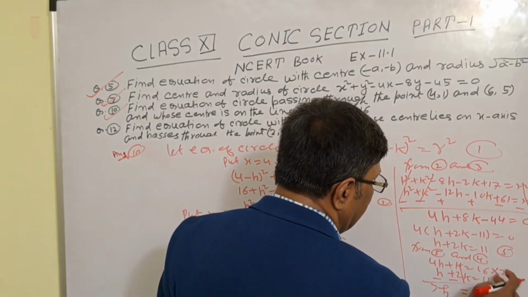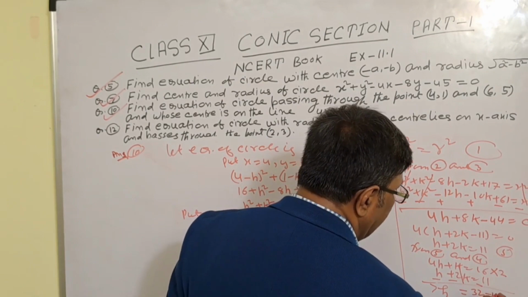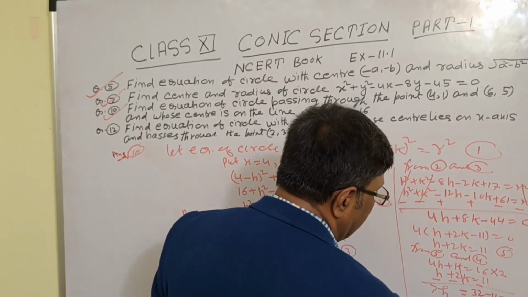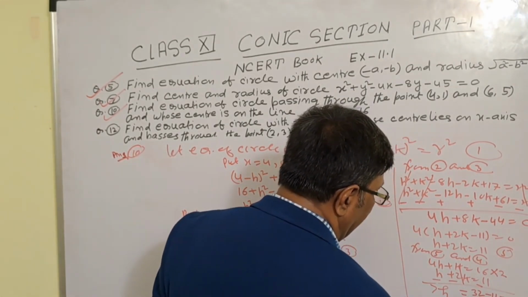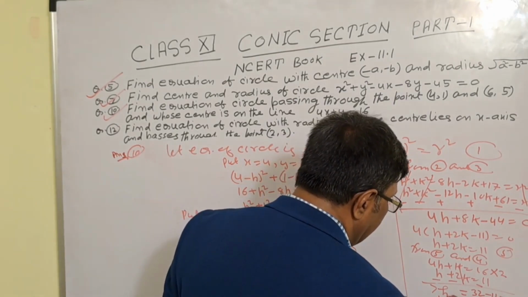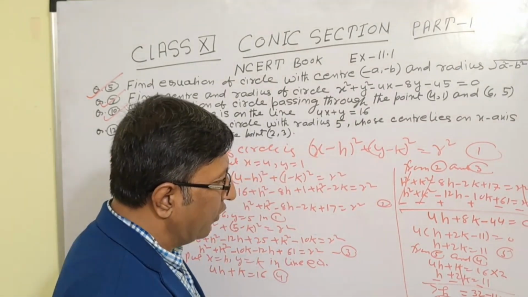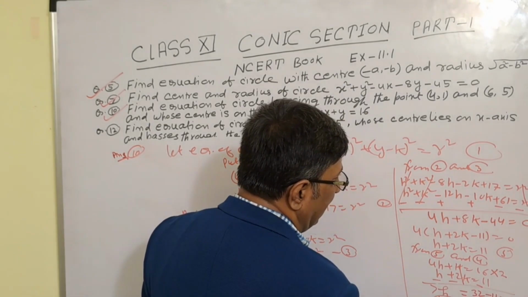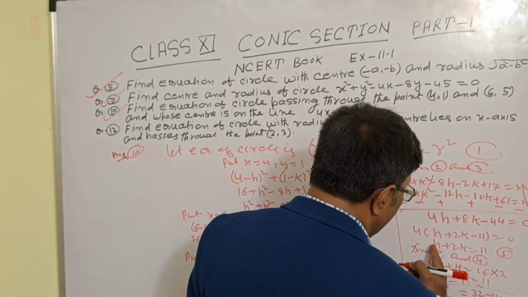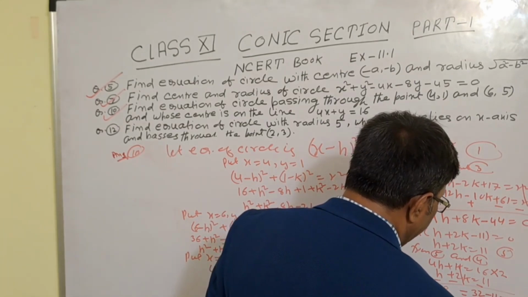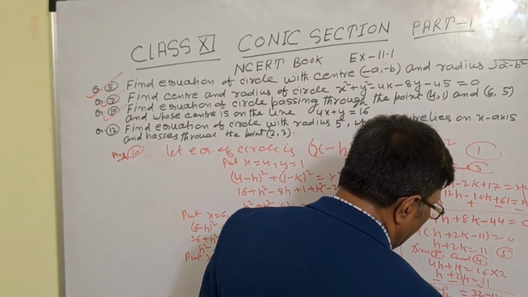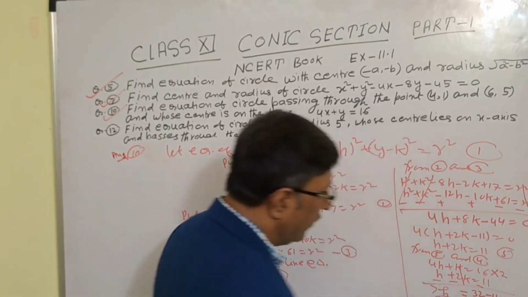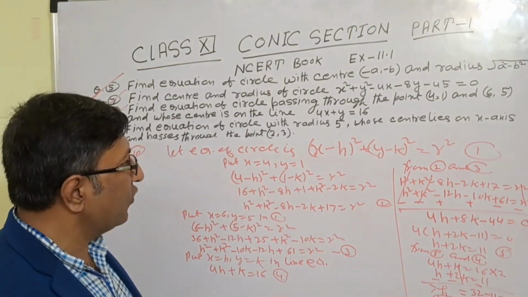So this equal to 32 minus 11. So 3 minus 1 is 2, 2 minus 1 is 1, 21. So you will get h equal to what? 7 threes are 21. Now put the value of h and you can find the value of k. So when we put this value of h in equation number 5, h is 3. 3 plus 2k equal to 11. So 2k equal to what? 11 minus 3, 8. So k equal to 4. So now we got h equal to 3 and k equal to 4.